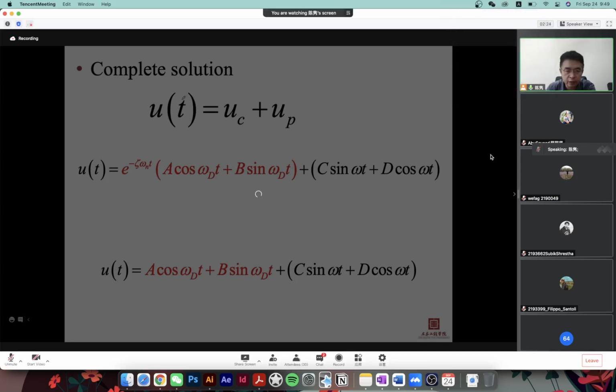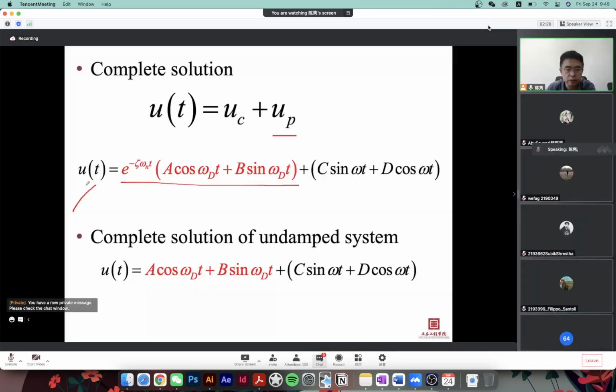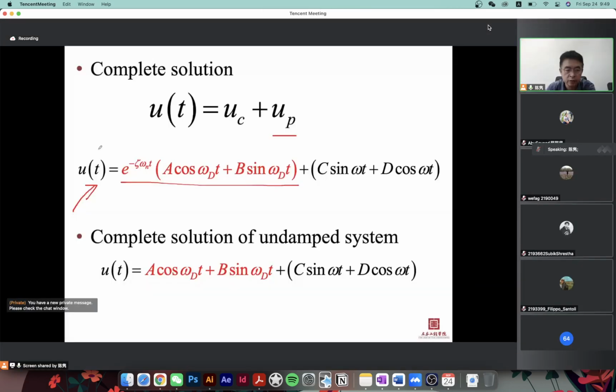For the two coefficients here, A and B, we should introduce initial conditions to this equation. At t equals 0, you give the initial displacement, and then you can also have the initial velocity, and you can get A and B. You can do this, okay? You can do it, but